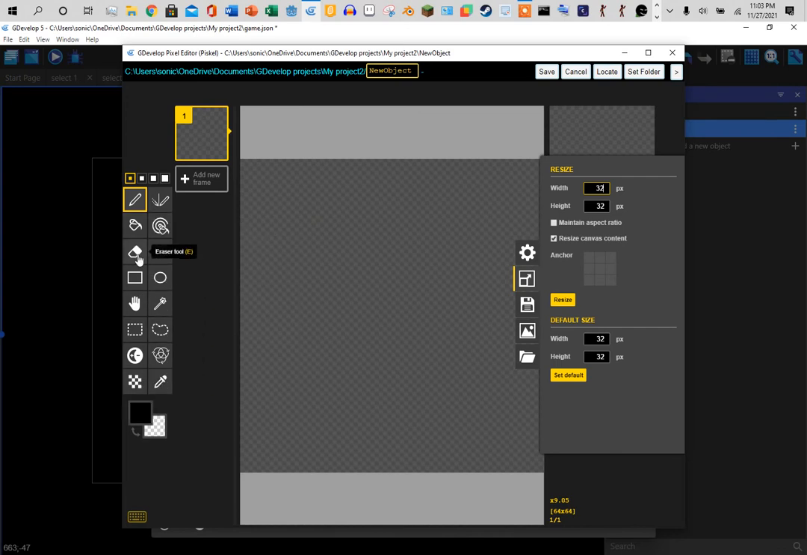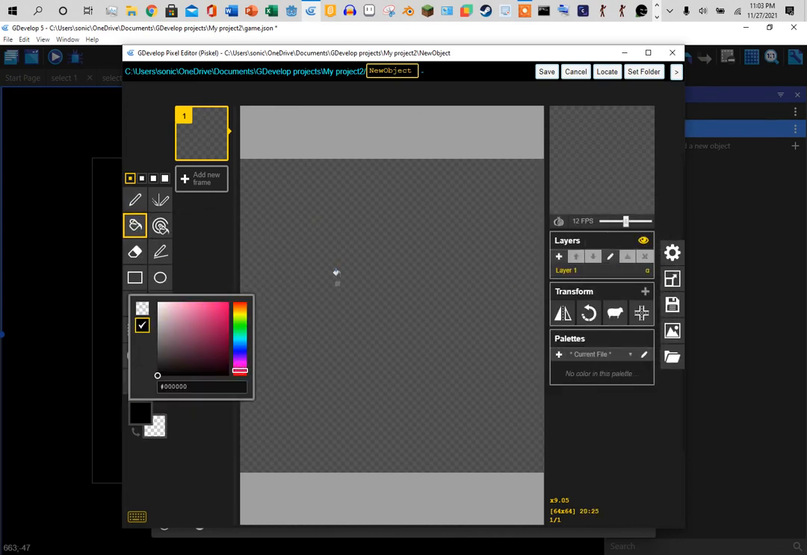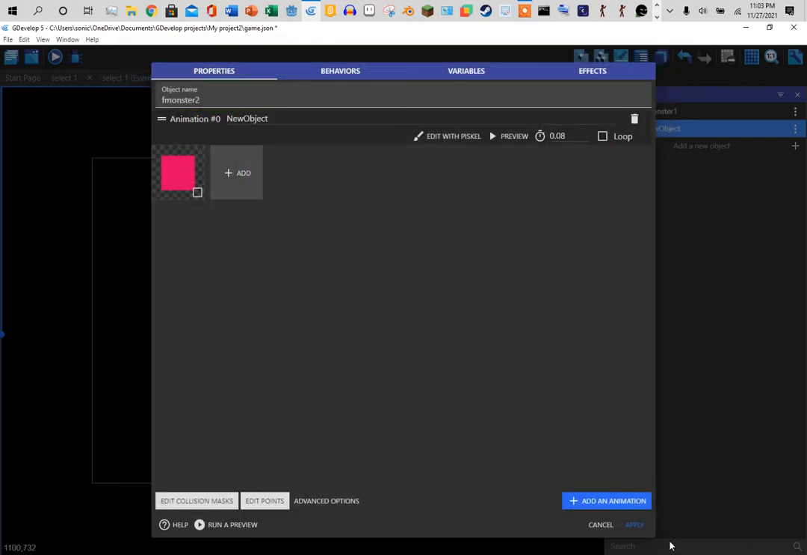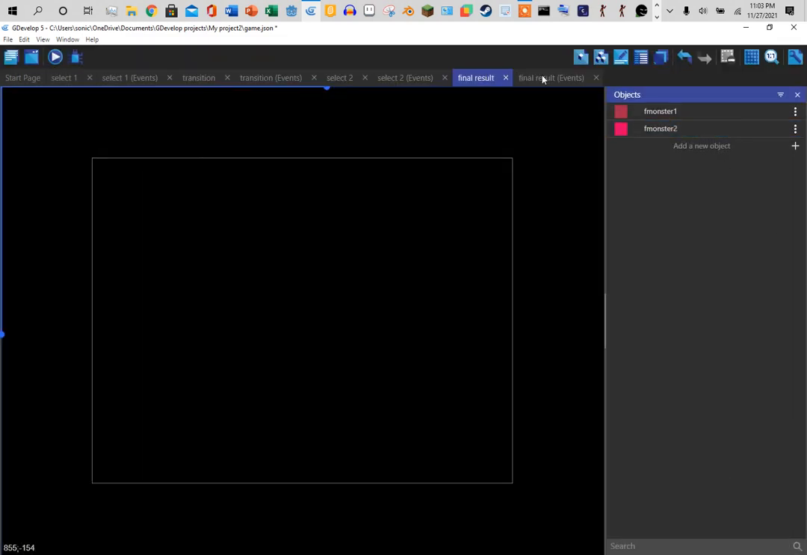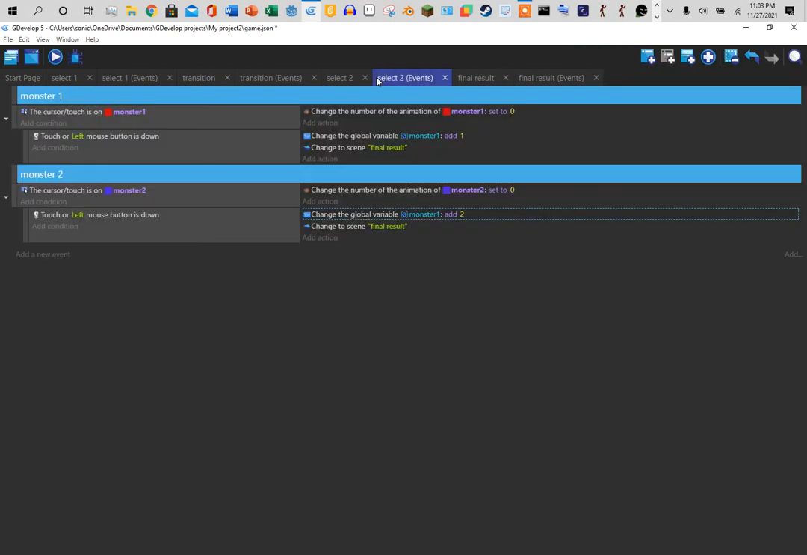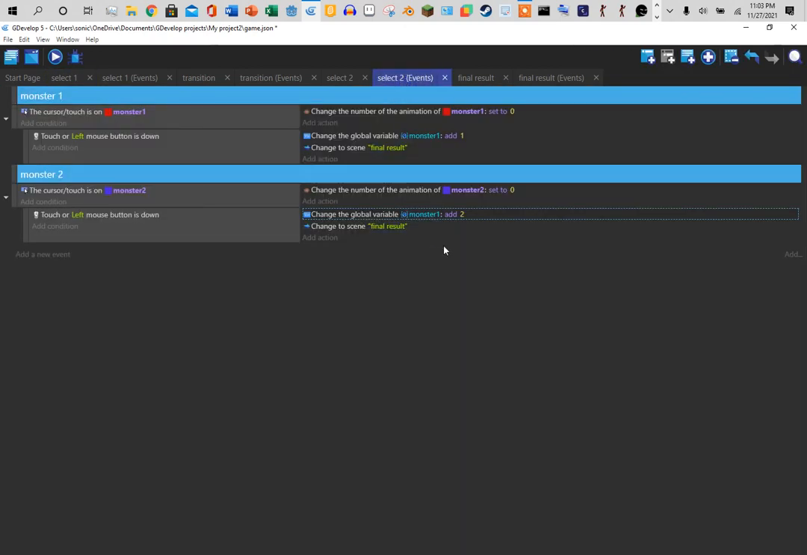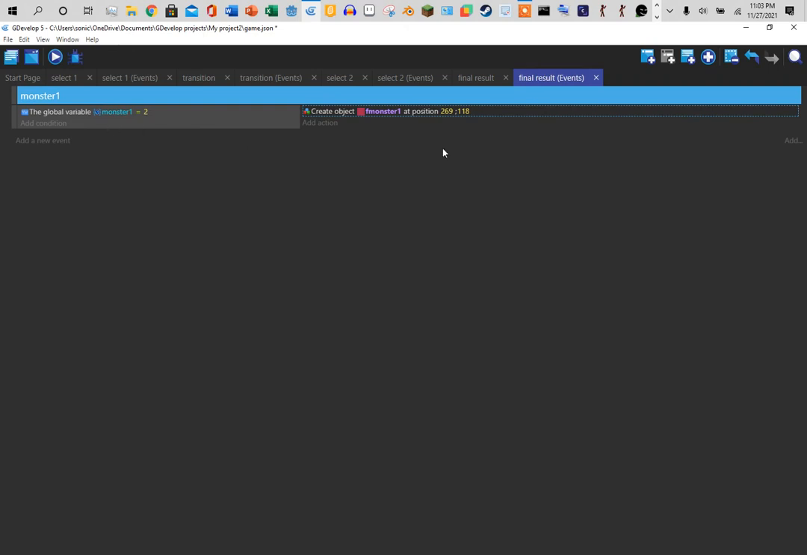We're going to color it. Let's color it this color. Save, hit apply. Okay, so you're going to have to do a tiny bit of math. The variable for our monster right here is 1. So we're going to add 2. So you need to add 3. So the final result for monster 2